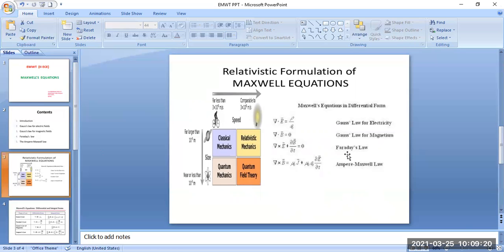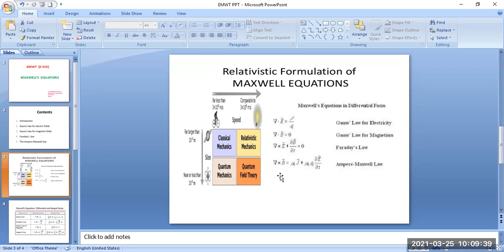And Faraday's law, actually Faraday's law on transformer EMF, gives del cross E bar is equal to minus dou B bar by dou T. So the right hand side, minus dou B bar by dou T, can be taken to the left side. Then we get del cross E bar plus dou B bar by dou T is equal to 0.